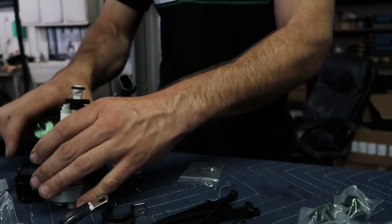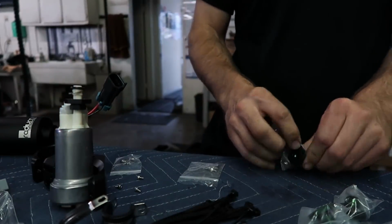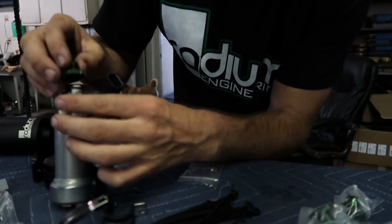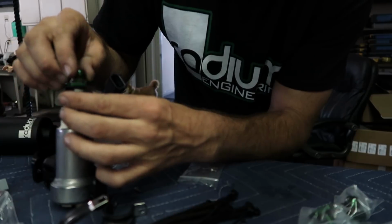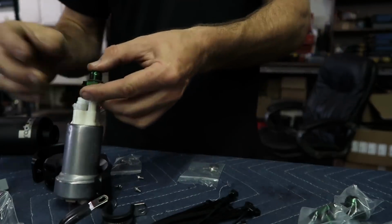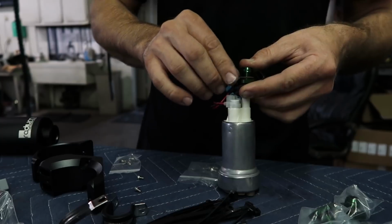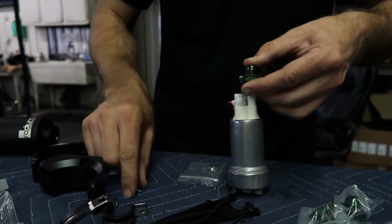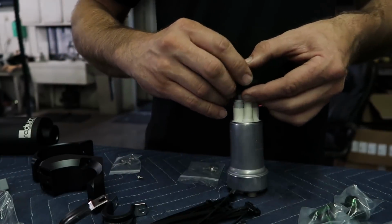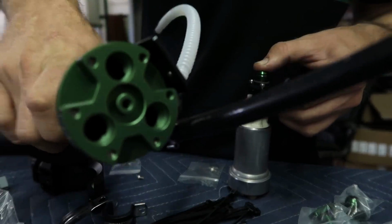Maybe I'll brace it. Okay. Should have opened up all the bags first, but. So then you got that, and there you go. Just a quick little install like that, but you're gonna do this on each pump. And then you thread these Allens in. And this will allow you to connect it to the pump hanger, because it is threaded with a